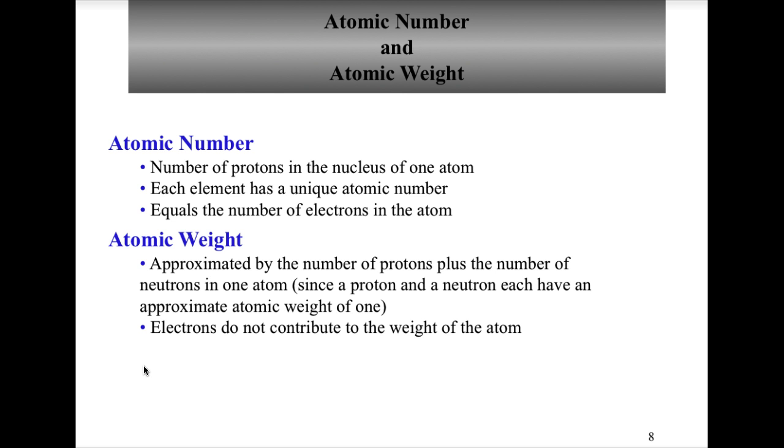So typically when you look at an elemental block on the periodic table, the atomic number is represented by one whole number. And the atomic weight is often represented by a number with some decimal places. So it could be, for example, 12.000. That would be the atomic weight for a particular atom. So if you look for hydrogen, the atomic number is 1. For helium, the atomic number is 2. And for oxygen, the atomic number is